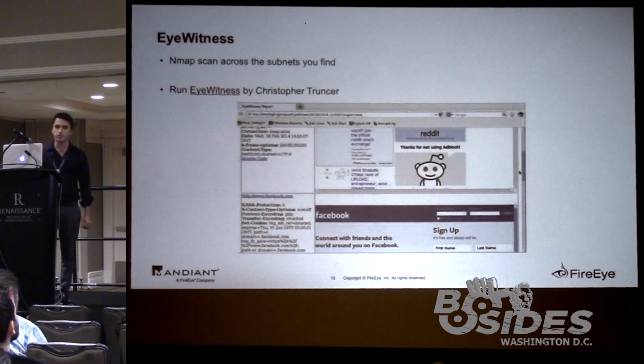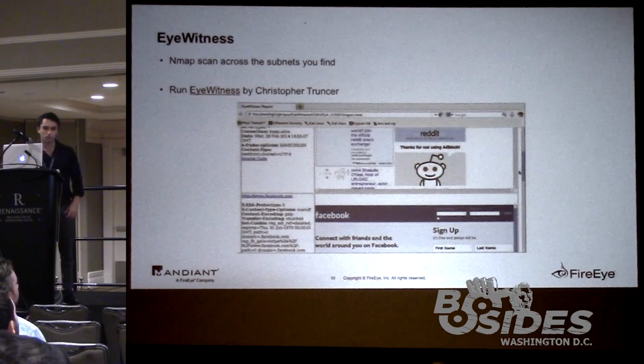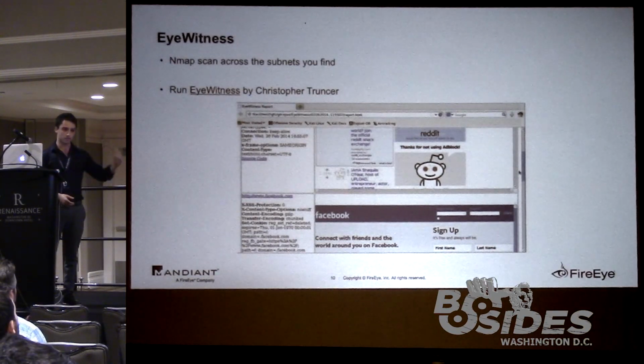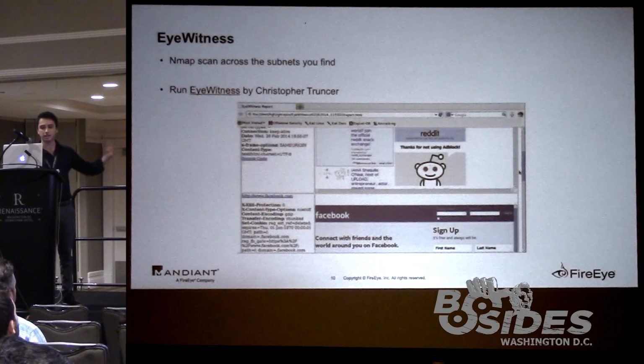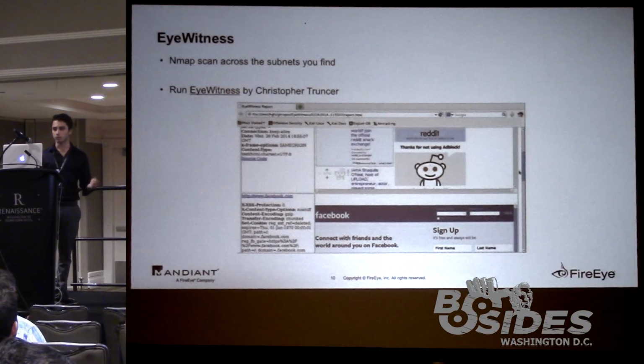Who here has played with Eyewitness before? Right? It's a great tool. So my colleague and friend Chris Trunster wrote it. What it does, after you get your ranges of IP addresses that you want to target, say you get a bunch of subsidiary companies, you find their IP ranges, you get related networks, etc. You can do an Nmap scan across all of them, find out what web ports are open, 80 and 443,